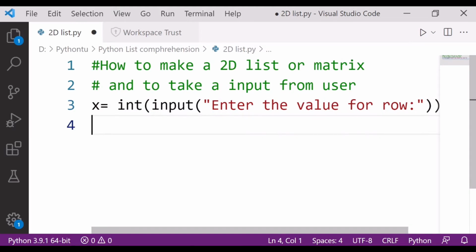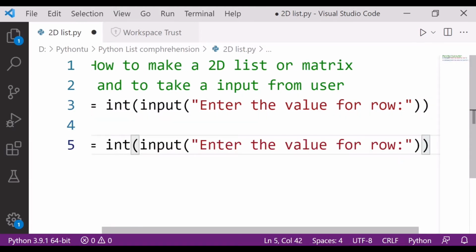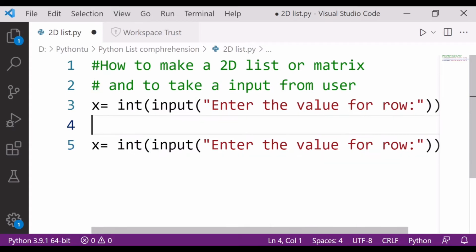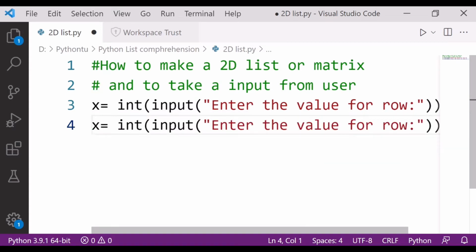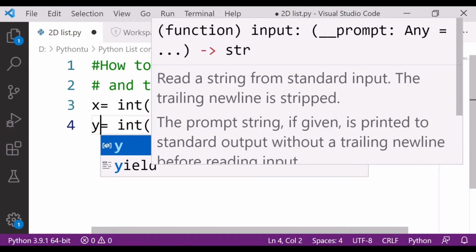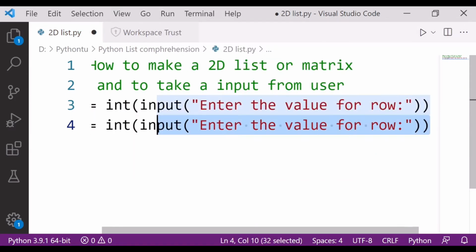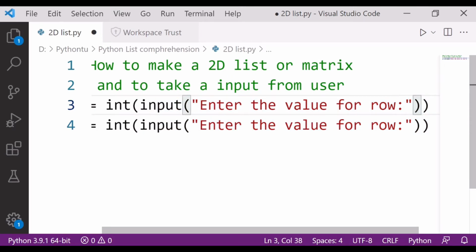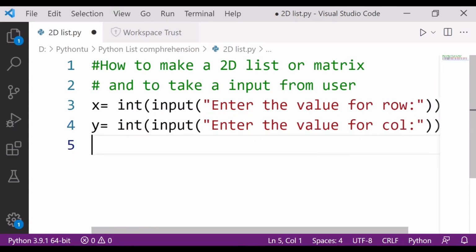But I will take another variable so that rows and columns would be differentiated. This input was for row and this is for column. Okay, so I am writing here column. Now I simply have to declare the blank matrix.